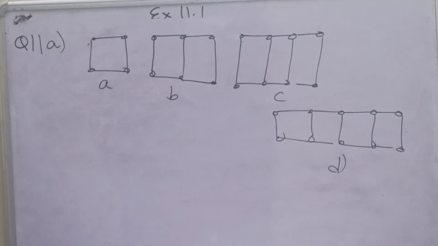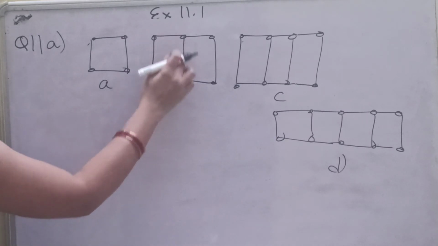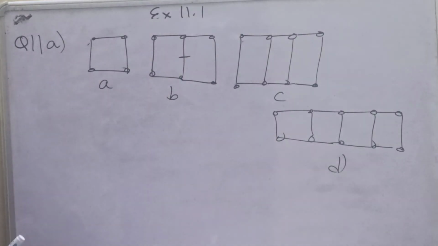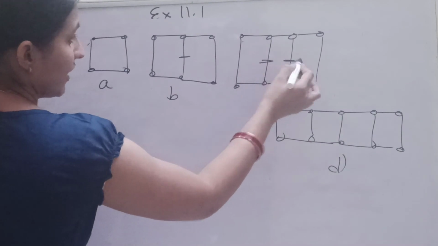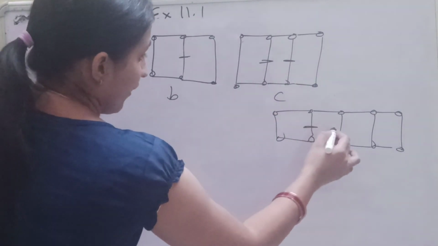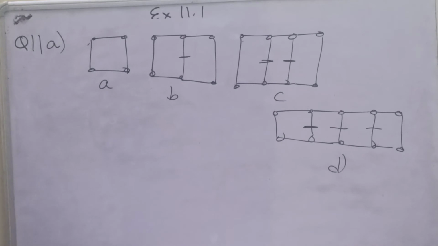He is saying, look at the following matchstick patterns of squares. The squares are not separate. These are joined together. So what is he saying? Two neighboring squares have one matchstick in common. These two are having this common. These three are having this and this in common. These four are having these three matchsticks in common. So he is saying, observe the pattern and find the rule that gives the number of matchsticks in terms of the number of squares.